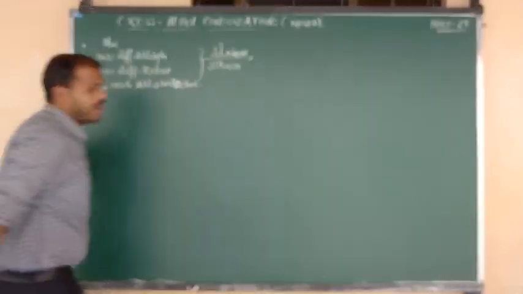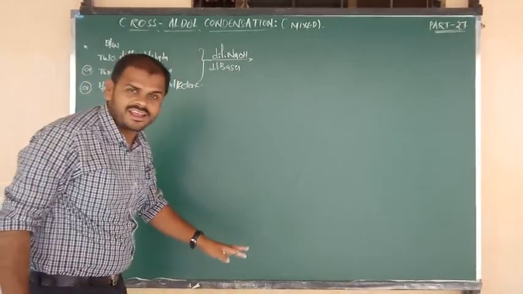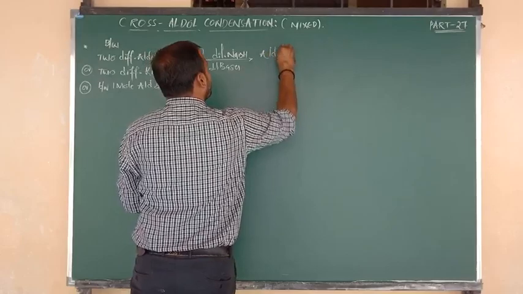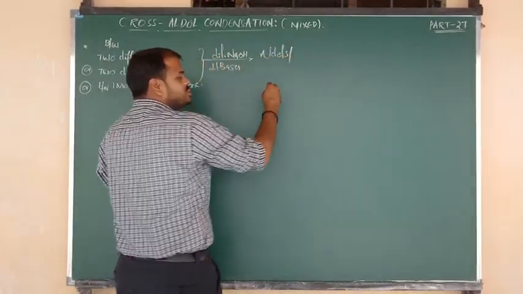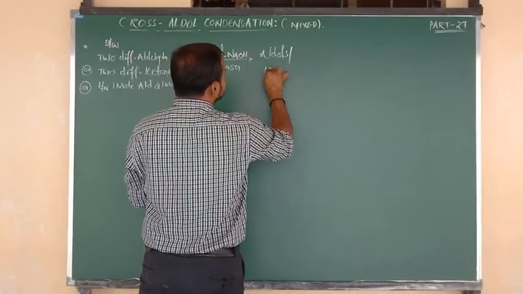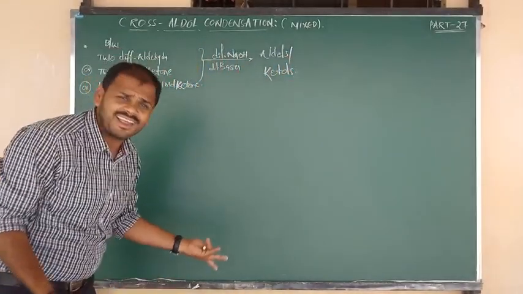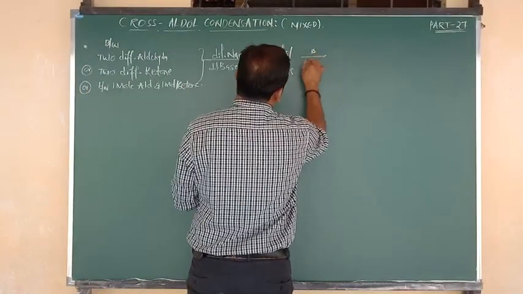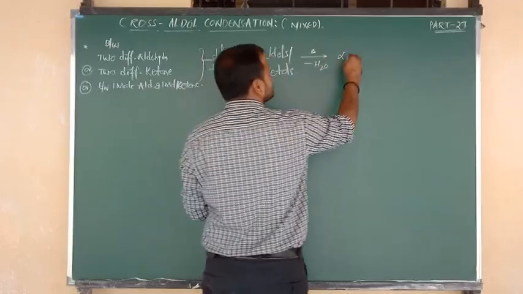So in presence of dilute bases, any one of the combination undergoes cross aldol condensation and forms the products, which are nothing but the beta hydroxyaldehydes. Simply we can say aldols, and also they form beta hydroxy ketones, which we can simply call ketols. Such aldols and ketols, you know very well, upon heating undergo dehydration and form the final products.